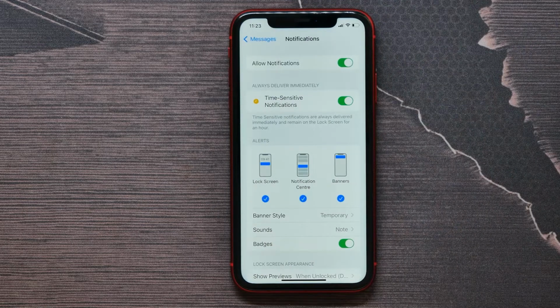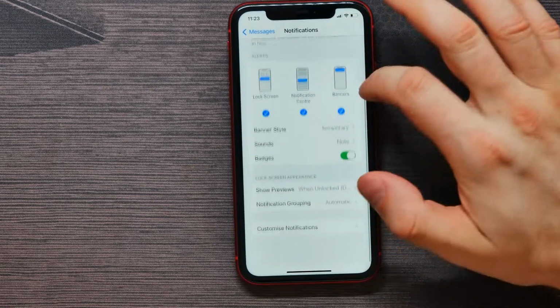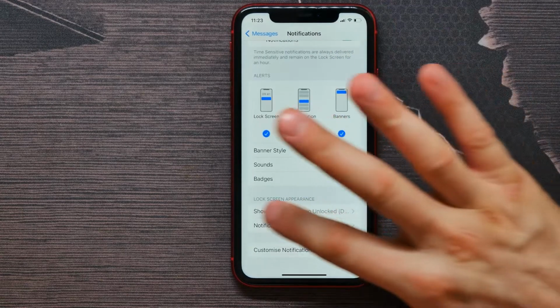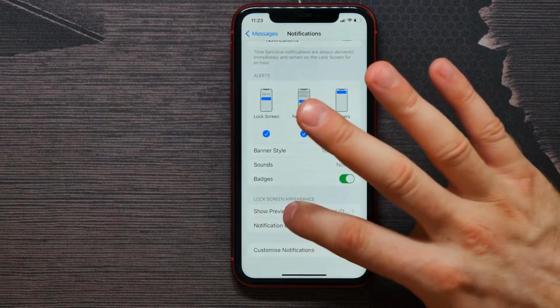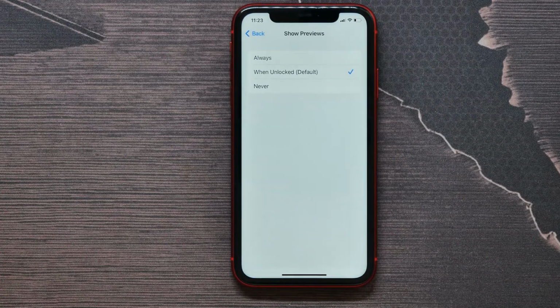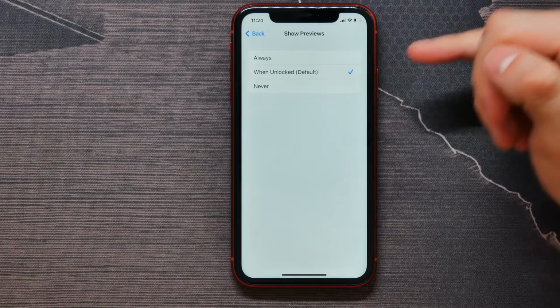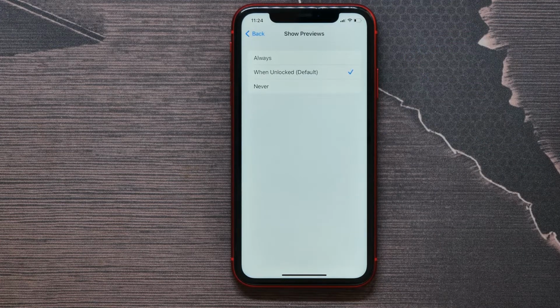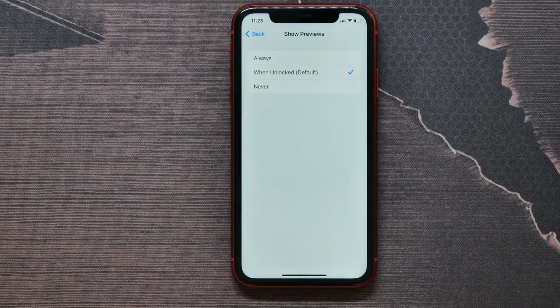On that screen you can adjust a bunch of different options and also you can right here tap on show previews feature to select how your previews will be shown. By default this option is set when unlocked, and if I want to hide text messages content even from the lock screen, I can change this